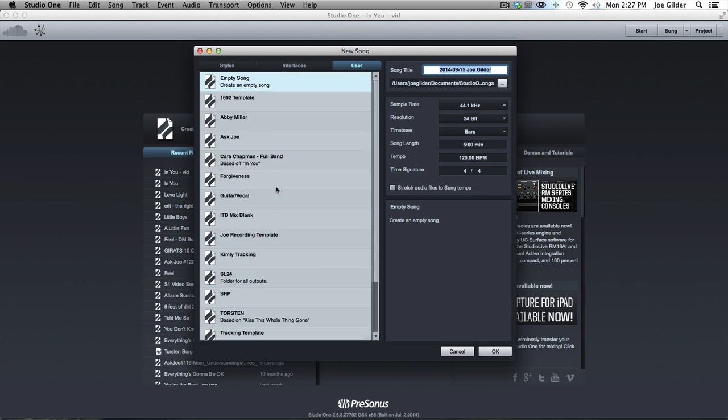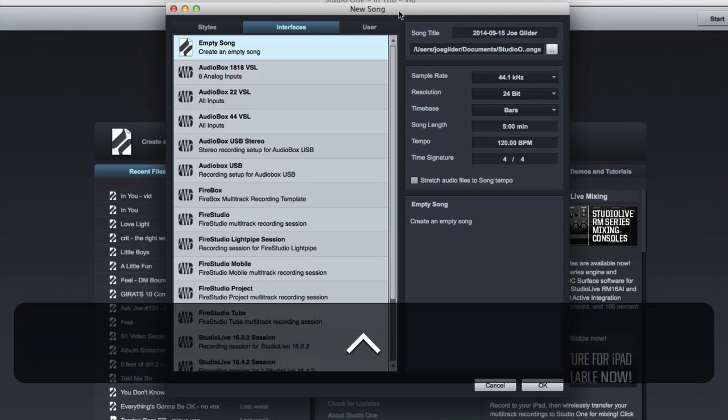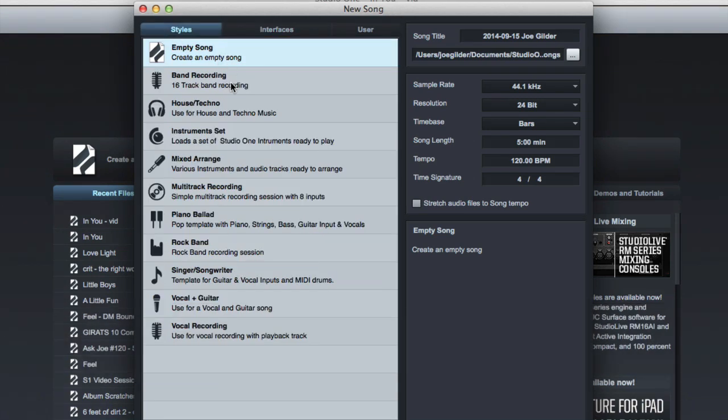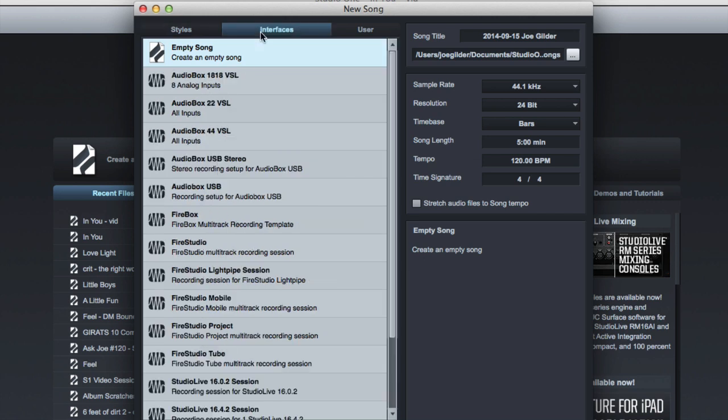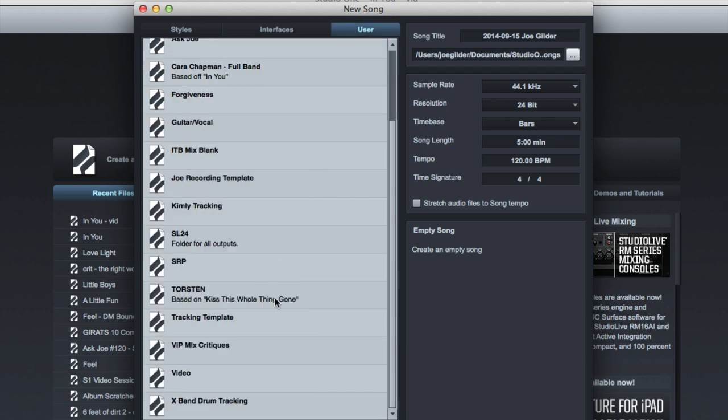So when you go to the Create New Song page, it gives you a fair amount of options. Now, some of these have to do with what interface you're using. PreSonus has made these kind of pre-done templates for you. I encourage you to check them out. They might be set up in a way that you like, but chances are you have a certain way you want your sessions to be. For me, here you can see some of the